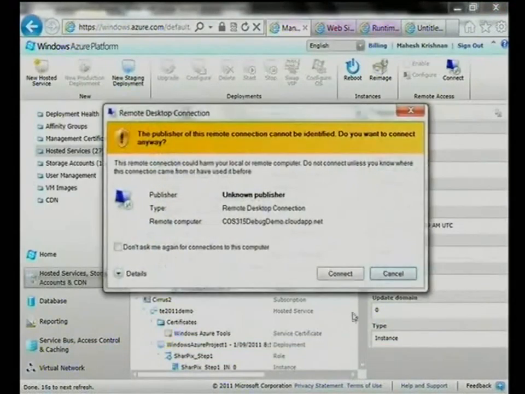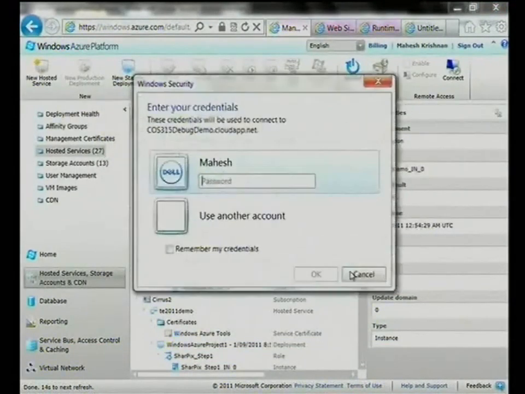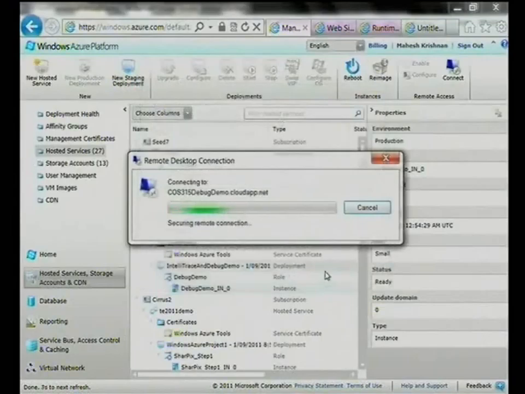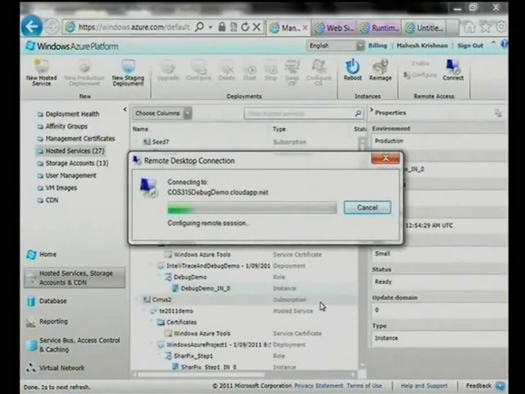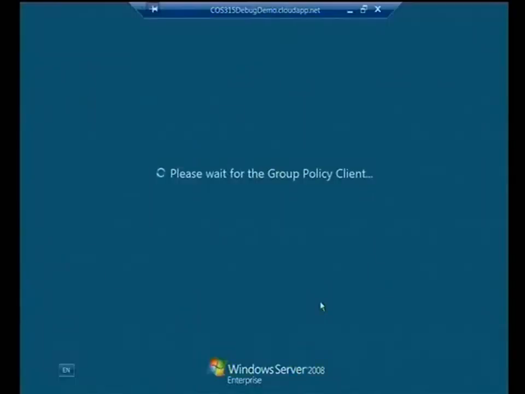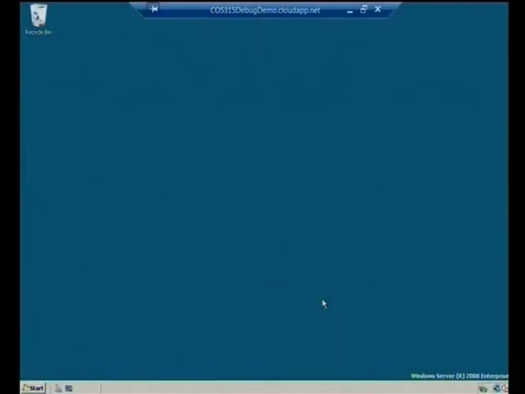It basically opens up an RDP session. And that basically proves it's running Windows 2008.